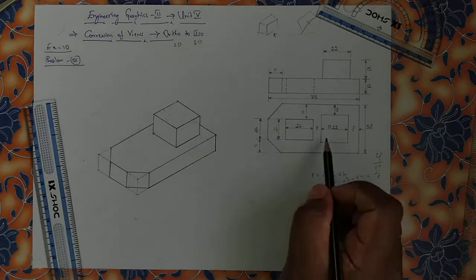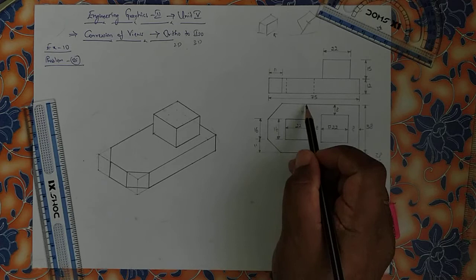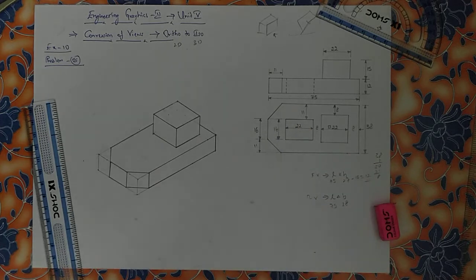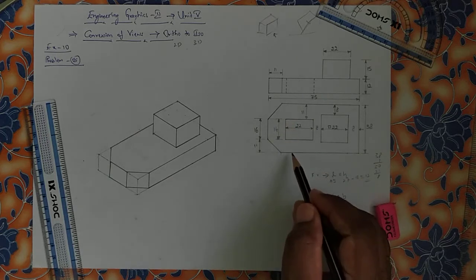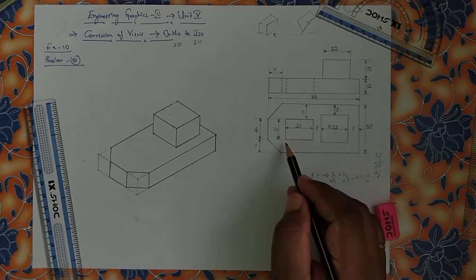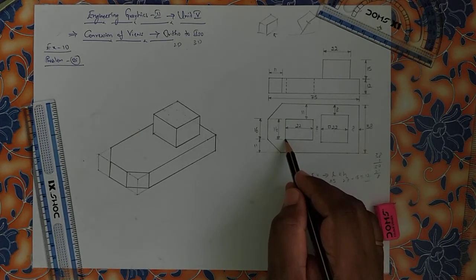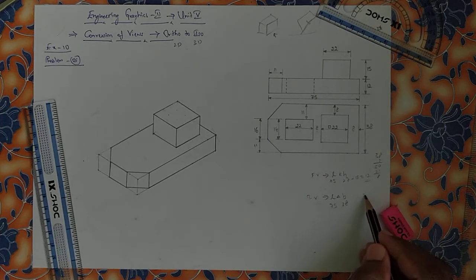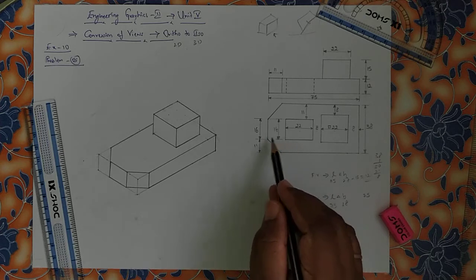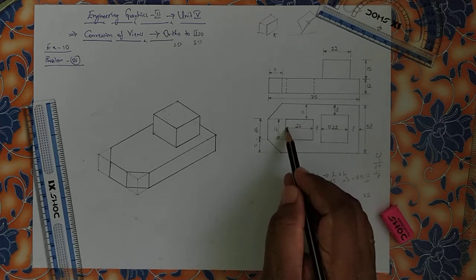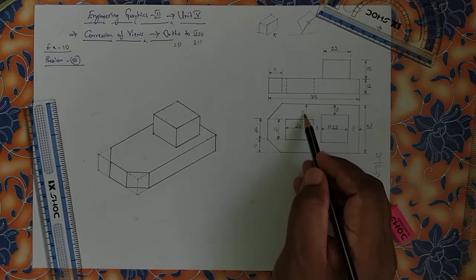Now think here, this one, 11, 22. So where is this location actually? Now this corner location you are supposed to identify. This corner location is nothing but the total length, 75. Now towards this side, there is no dimension from this point to this point. So we have 16 here, 22, but the gap is 11.